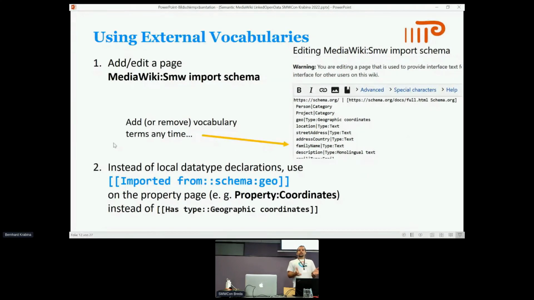You're using schema.org because it's a very popular vocabulary, and you can have a link, and then you would specify what classes are there. For example, persons, projects would be classes in schema.org, and that would be categories in MediaWiki. And properties, for example, the property family name is of type text, the property description here,